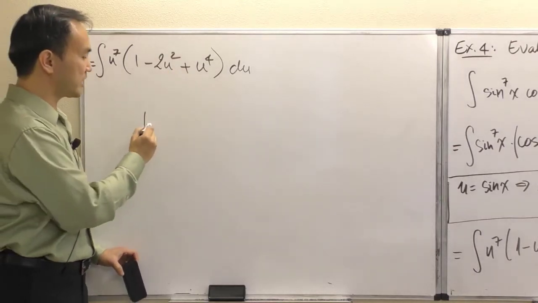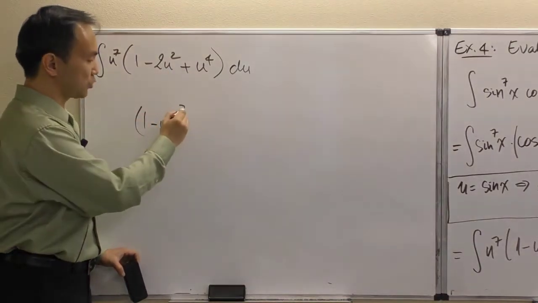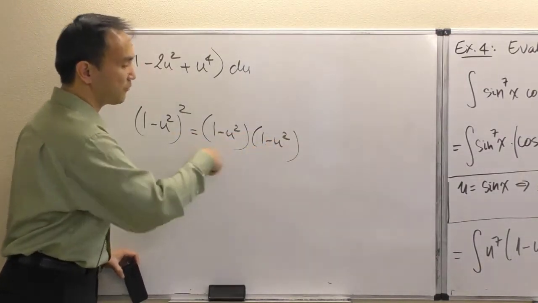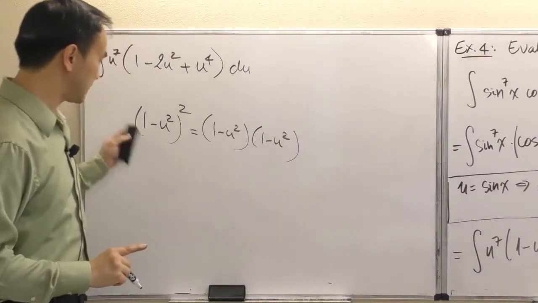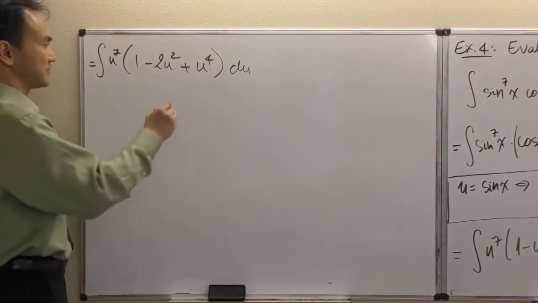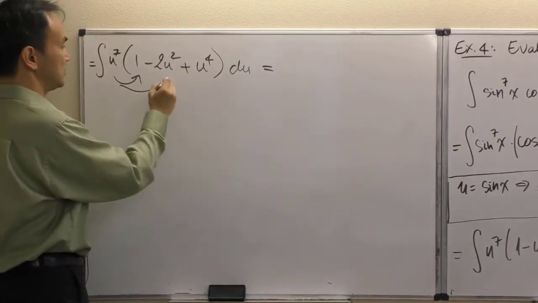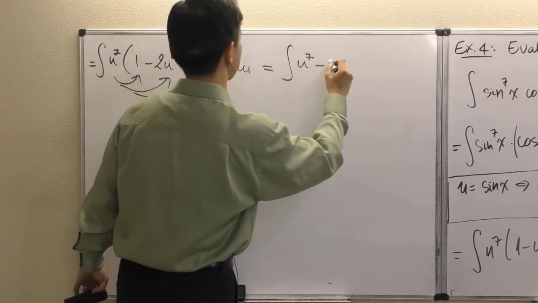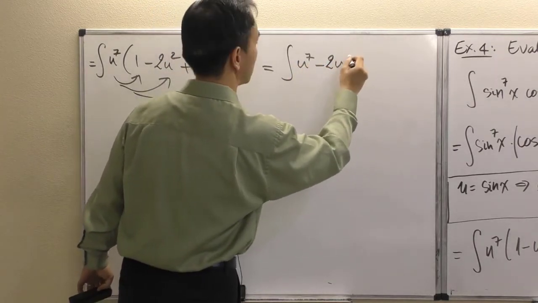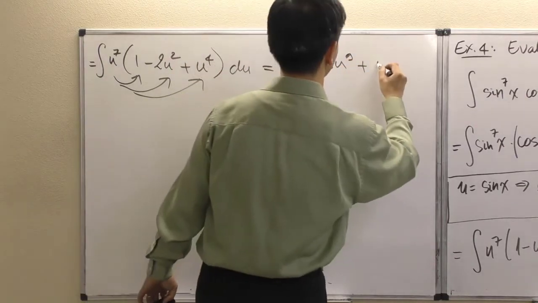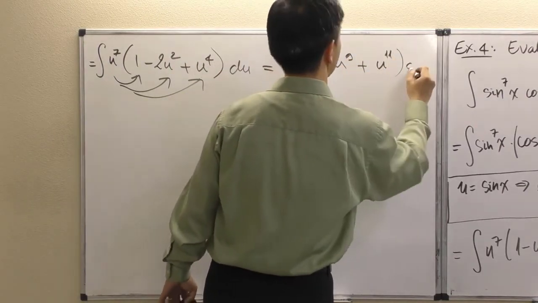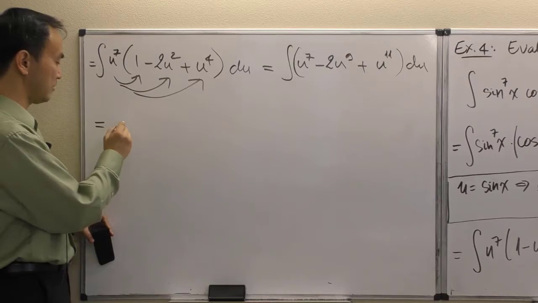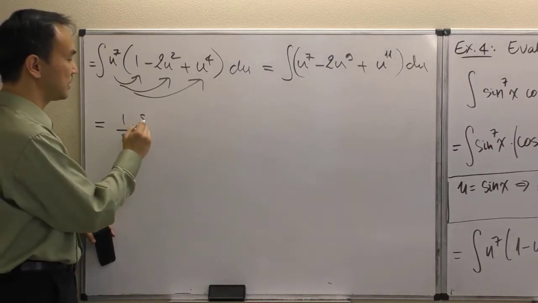I just simply treated that 1 minus u squared as 1 minus u squared times 1 minus u squared, and then foiled it out. That's all it takes. Now distributing out that u to the 7 to each term here, we're looking at an integral of u to the 7 minus 2u to the 9th plus u to the 11th, du. And so now our final integral becomes 1/8 u to the 8th